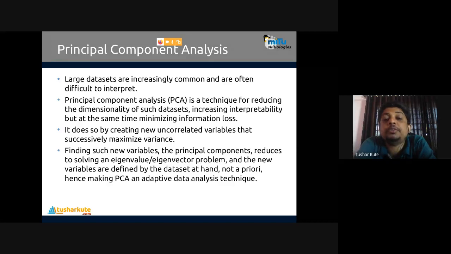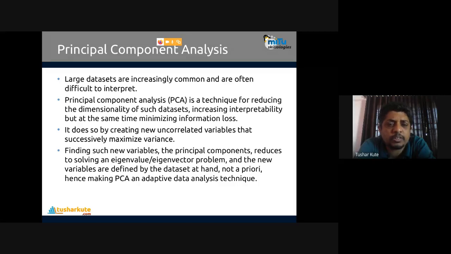How is it possible? Dimension reduction and loss minimization, we are going to take both at a time. It does so by creating new uncorrelated variables that successively maximize variance. Variance is the amount of information that the particular data set has.